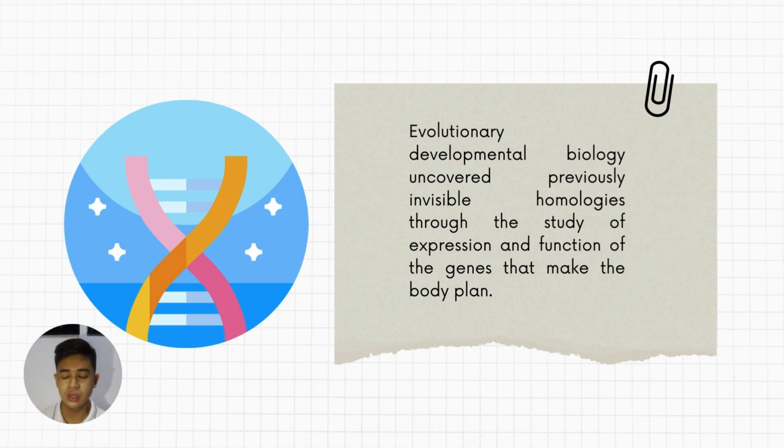So, first things first, the most important novel result of evolutionary developmental biology is the ability to uncover previously invisible homologies. These invisible homologies are actually the likeness in structure which are the result of a descent from a common ancestor. These have been discovered through the study of expression and function of the genes that make up